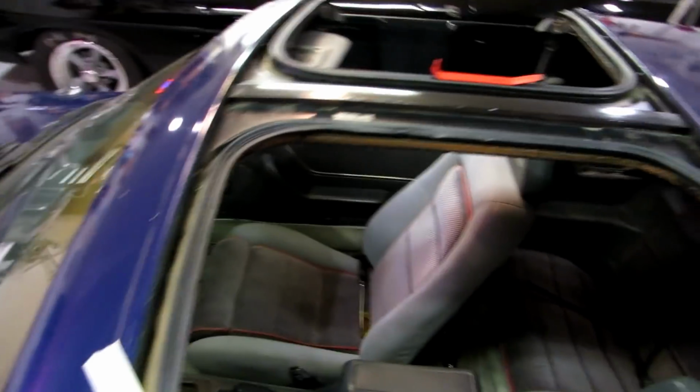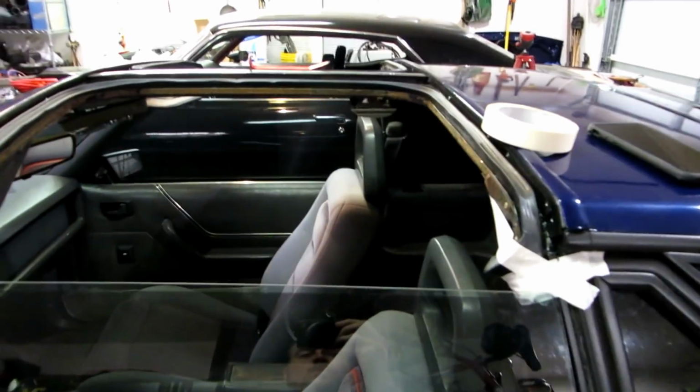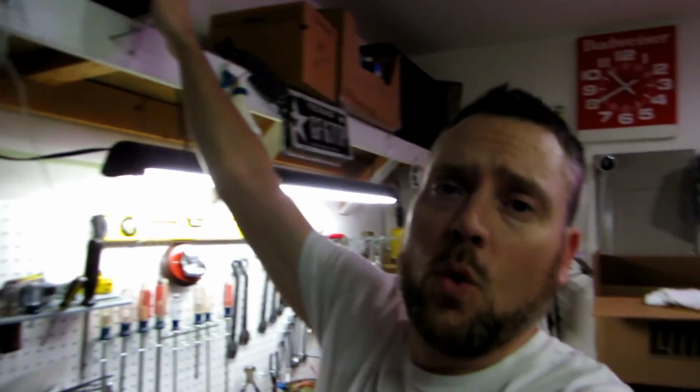So man, I don't know. We got nice rubber everywhere, and we're doing our best to hopefully get this thing sealed and the corners tackled, and we've got everything over here pretty much ready to go and put on the car. So I'm gonna let that dry, and once everything's nice and dry, then we'll start putting the T-tops on, and the next series will be how to adjust